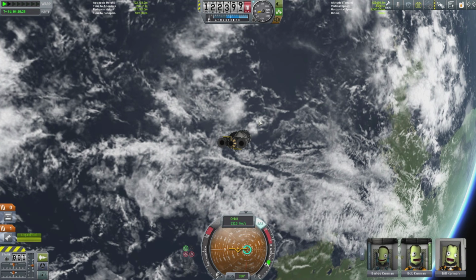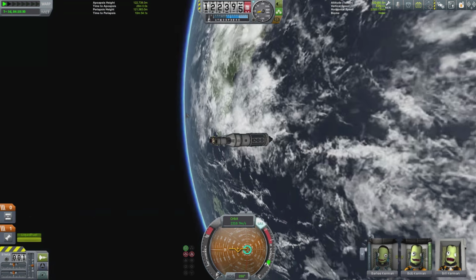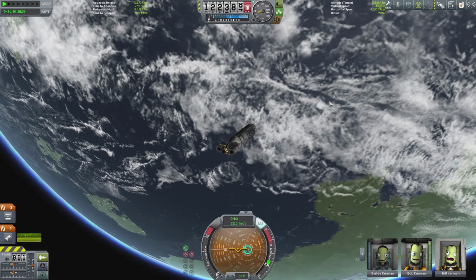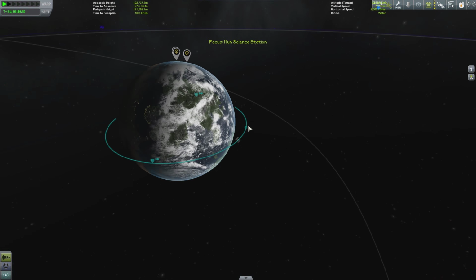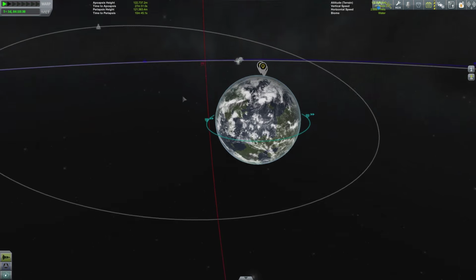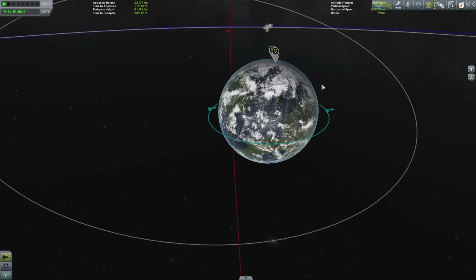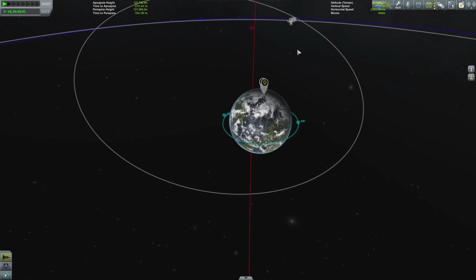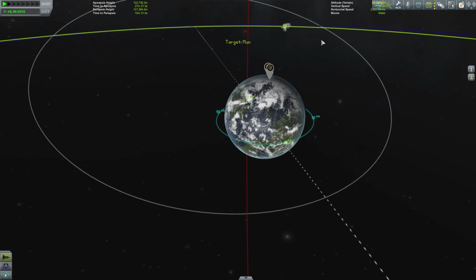So what we're going to do now, though, is just get our station in orbit around the Mun. So that's our task on this one. So it's quite a larger vessel. Now, the only difference to normal, I wouldn't normally do this, except I've got a plan. I have a plan. So if we set target as Mun,